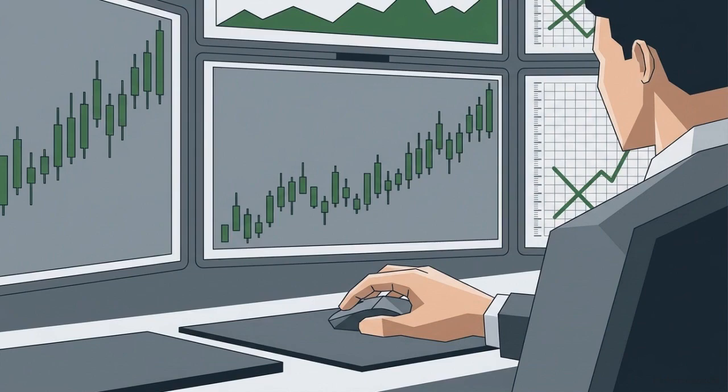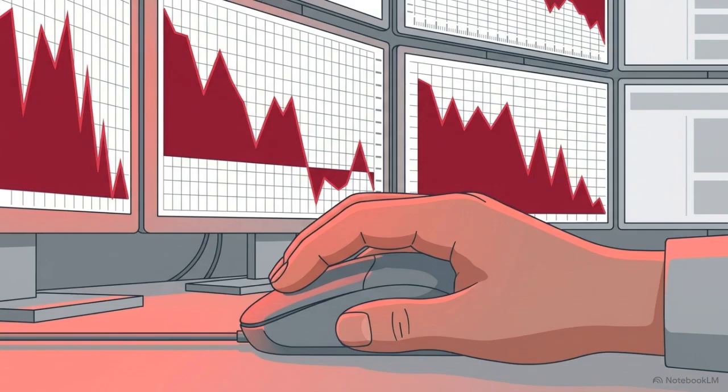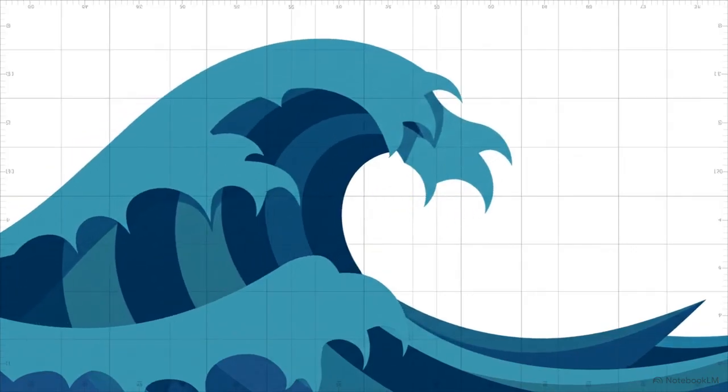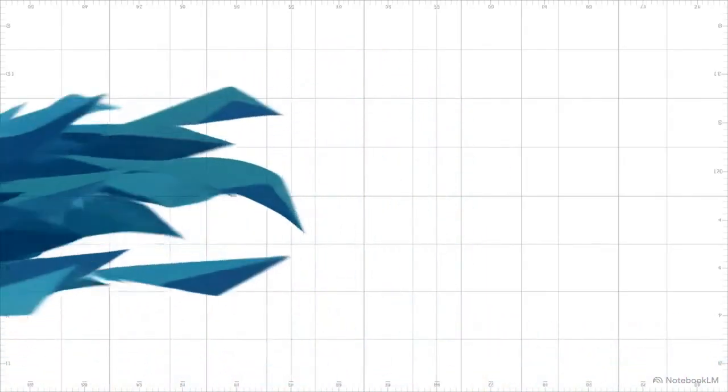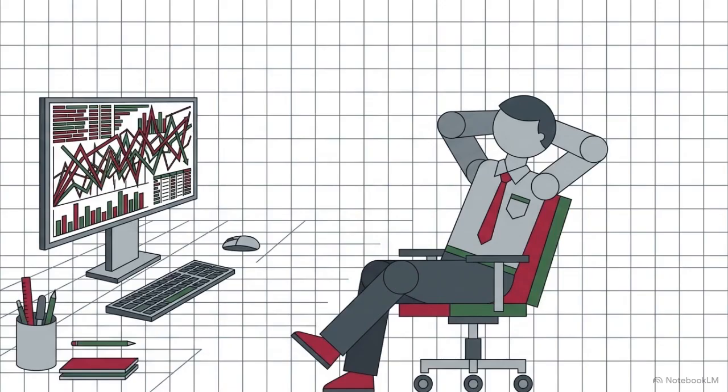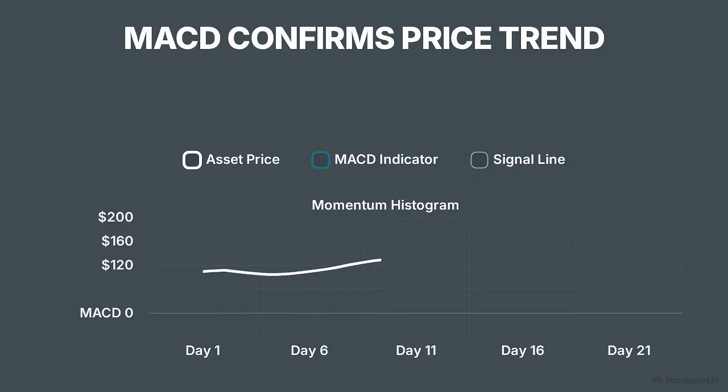Have you ever tried to time a market entry only to watch the trend completely reverse the exact second you jump in? It feels like trying to catch a massive wave, only to have the water instantly pull back and leave you stranded. Professional traders avoid this trap by ignoring gut feelings altogether. Instead, they rely on objective momentum indicators, most commonly the standard MACD, to confirm a trend before putting any capital